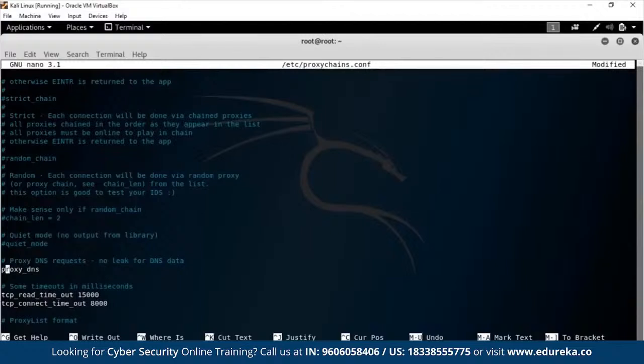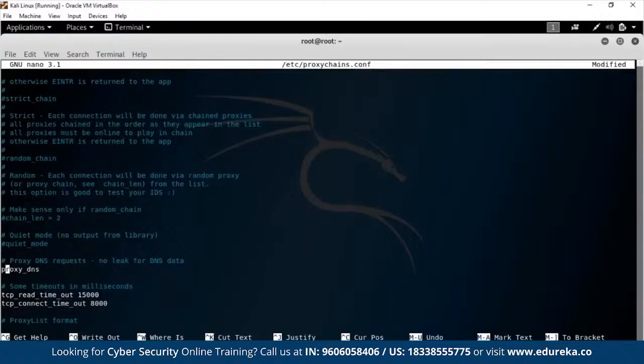And you don't really need that. Then there's proxy DNS requests, no leak from DNS data. This is very important. You cannot have any DNS leak, and let me explain to you what DNS leaks are. Even though somebody cannot get your particular IP address, they can get the IP address of the DNS server that you are using. What the DNS server does is resolve a domain name to an IP address and vice versa. So for example, if you typed in youtube.com, the DNS server of your local ISP will resolve that into some sort of IP address that YouTube has, and it will make a request.